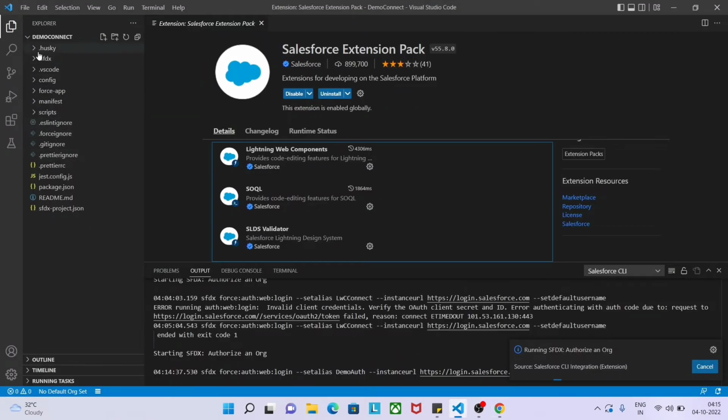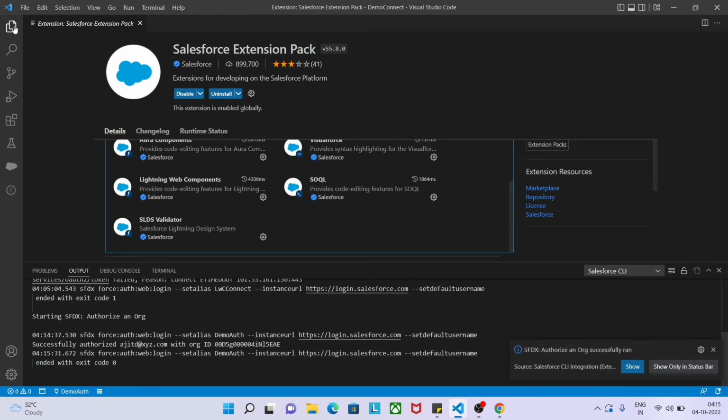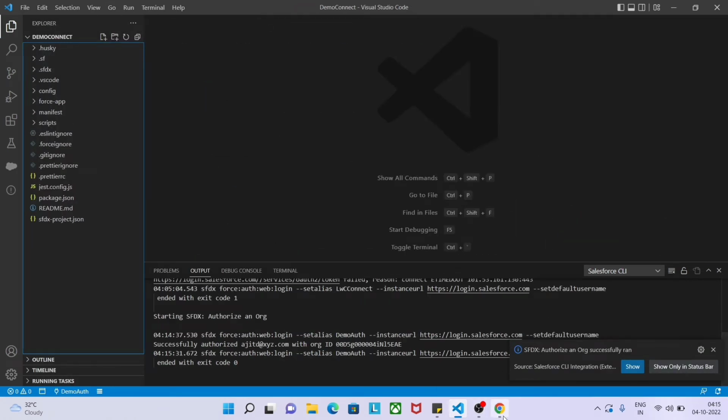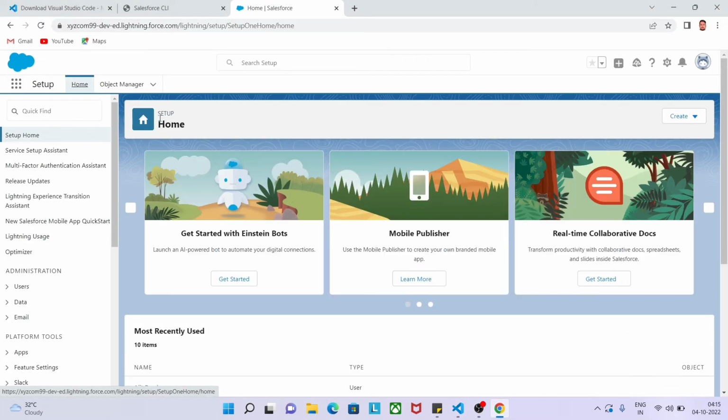So it is going to verify whether the code which I put is accurate or not. So it will take a little bit of time. As you can see, it's running. Once it is connected, let me go again. Yeah, we are connected with